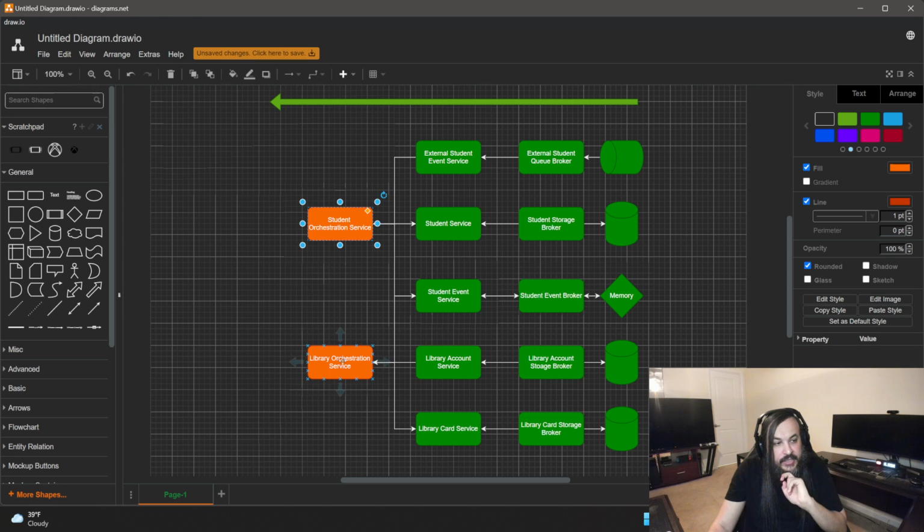Now we need to change these guys. One of them is going to publish to a local queue, which is this student event broker, and the other one is going to feed off of that local queue to continue and do its work with whatever it's doing. So how are we going to do that?